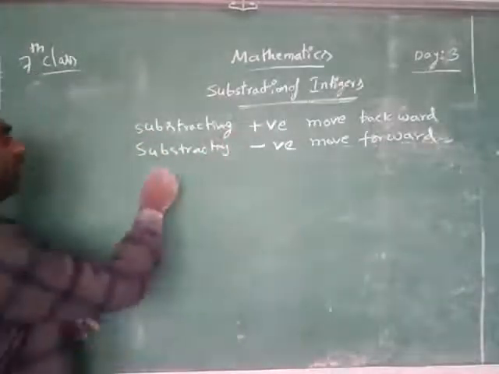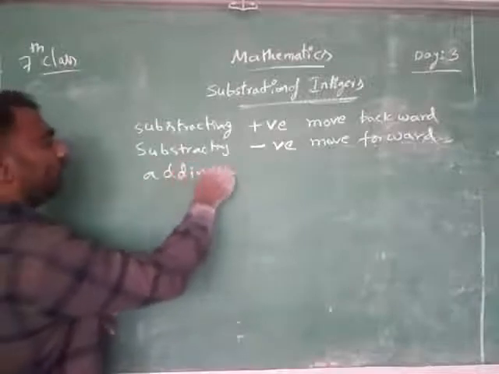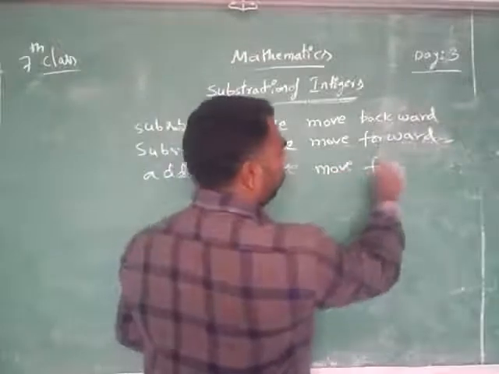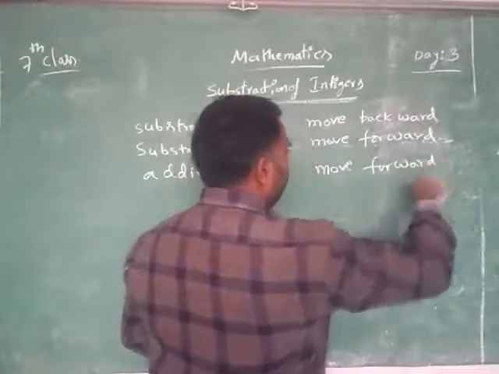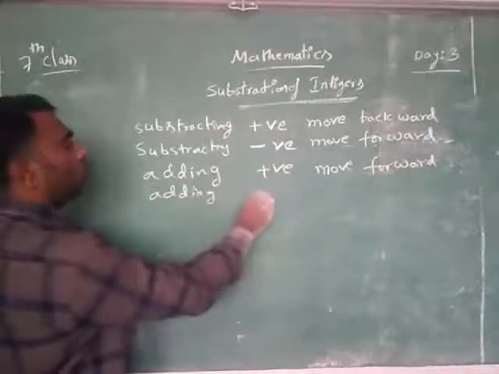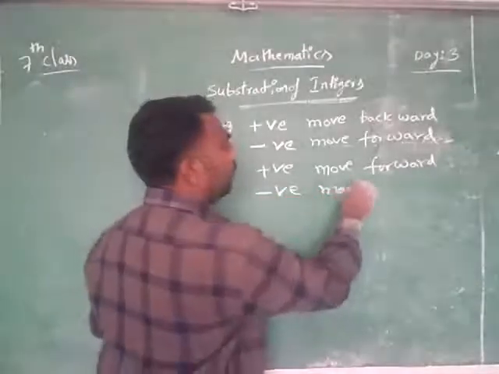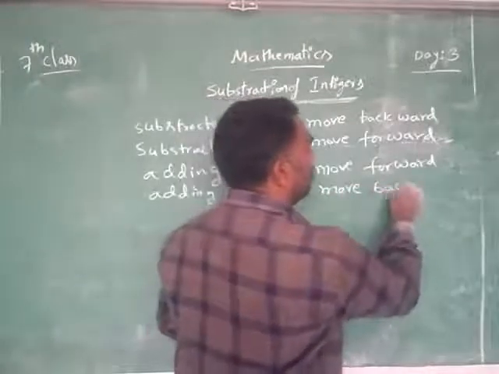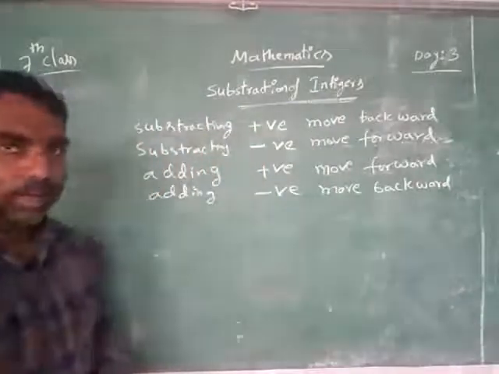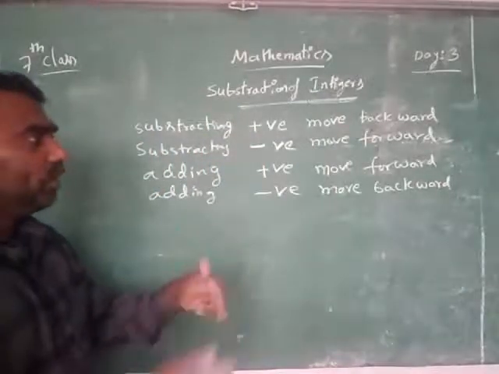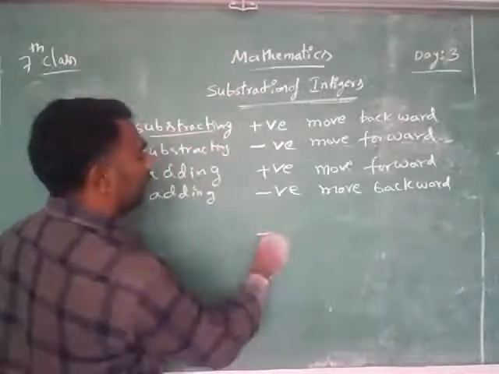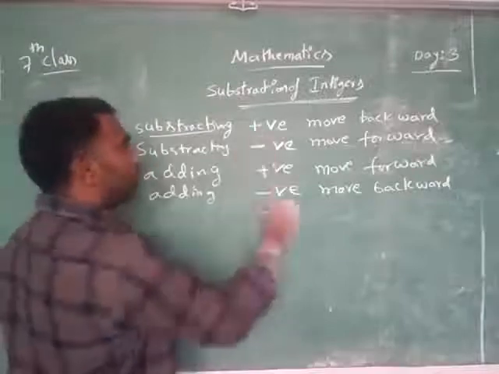Just before, in the additions, I said to you two sentences like this. Adding positive, move forward. In the second day class, I explained this. Adding negative, move backward. Using that, you can write by using two symbols. How do you get one symbol? See this. Subtracting minus, positive plus.